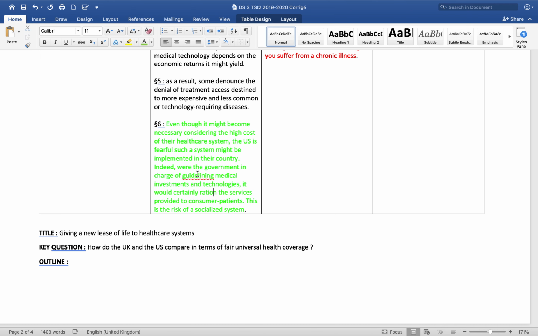If the UK system was used in the US, which means if the government was deciding where the money should go, then they would ration the services. They would say, no, you're not having plastic surgery, right? As a doctor, I think that it's not necessary for you to have it, so you will not have it. We need to use our hospital equipment for things that are really necessary for people. So that's why the US would like to adopt the UK system because it is cheaper, but at the same time they're quite scared because they think, oh, it's a socialized system, which means we won't have the choice.